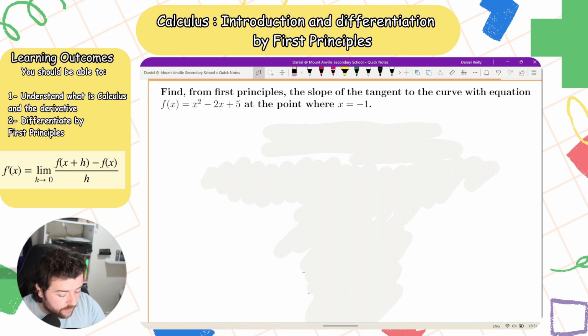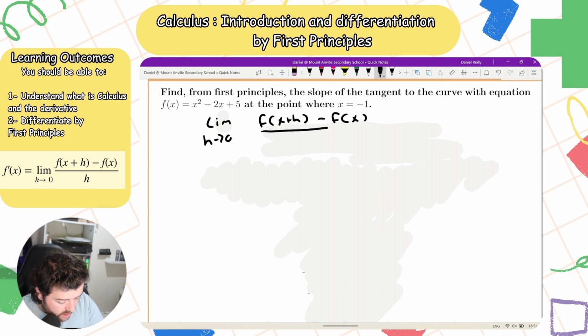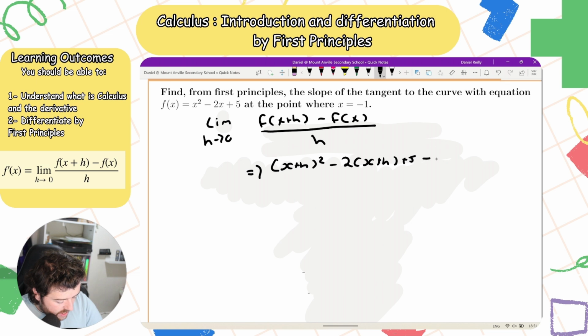We're deriving from first principles, so we need to remember the limit as h goes to 0 of f of x plus h minus f of x, all over h. That's going to be equal to x plus h squared minus 2 times x plus h plus 5 minus x squared minus negative 2x, which is plus 2x, then minus 5,